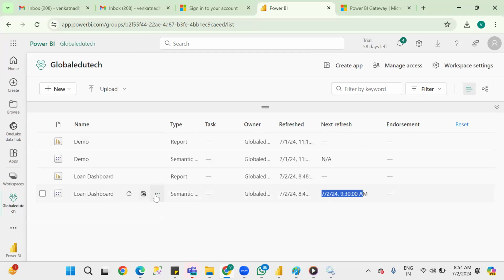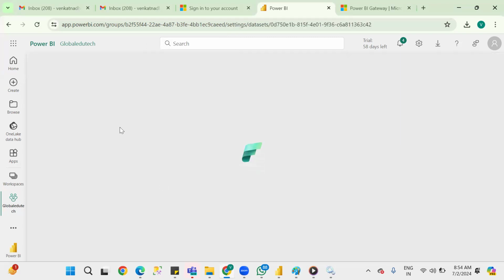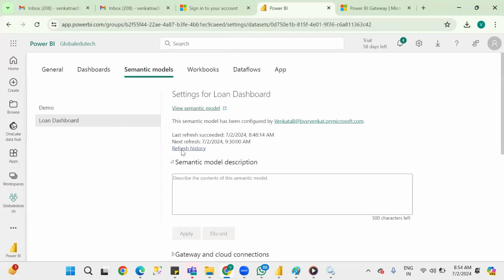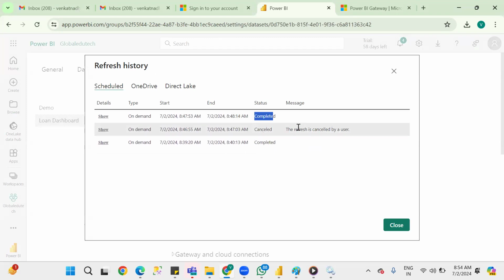So far I have run 3 times. Go to settings, and we can verify here also. Refresh this. So the first one is completed successfully. Second one is completed. In case the gateway failed,